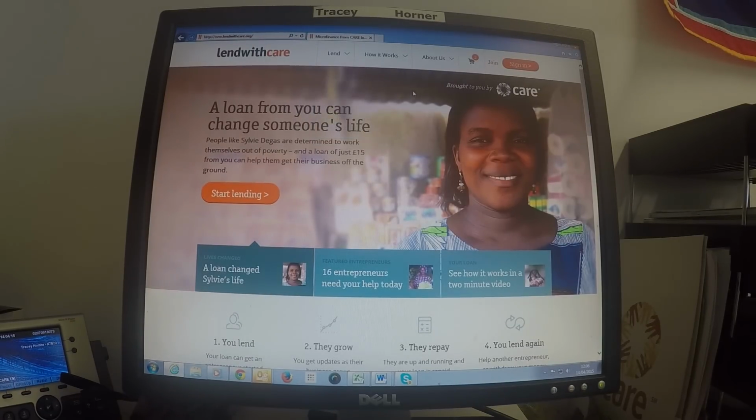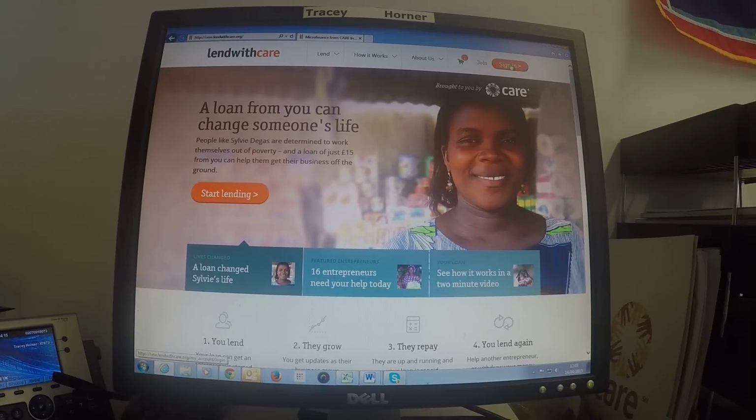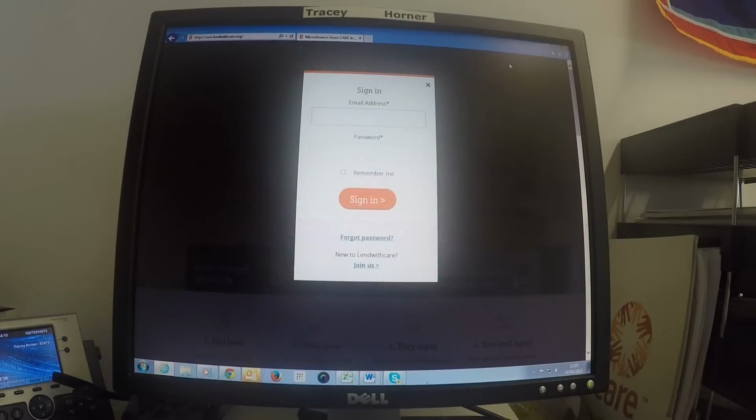One of the other big differences, and probably the most major one, is designed for our existing lenders. So once you've signed in, and I'll just take you through that process, you will always go back to a page that's dedicated to a snapshot of your own Lendwithcare account. So if you click sign in,